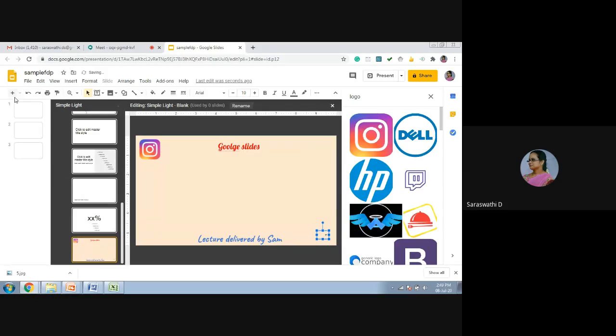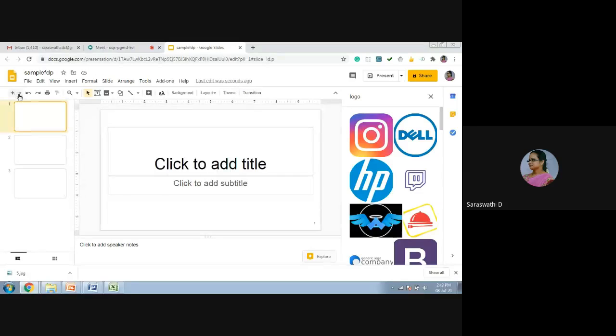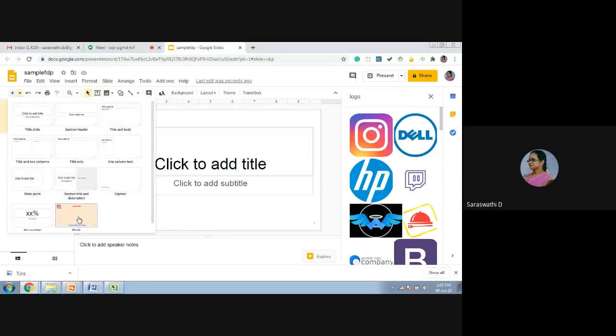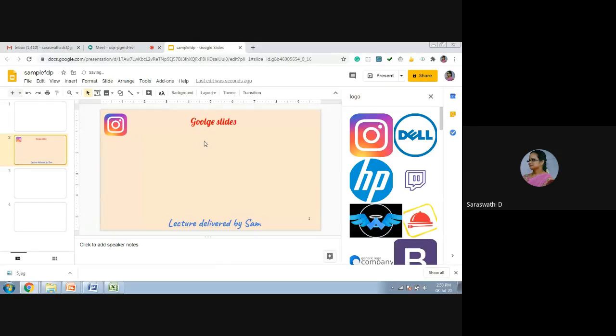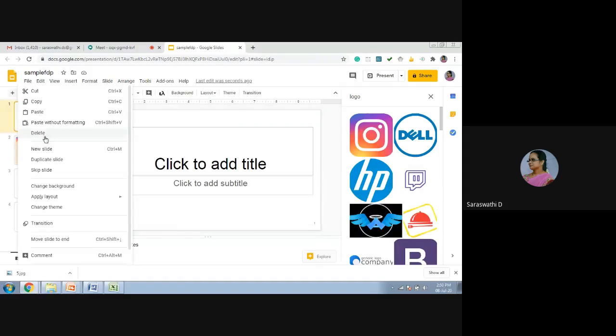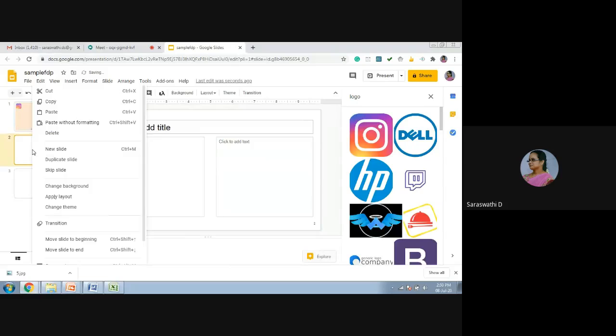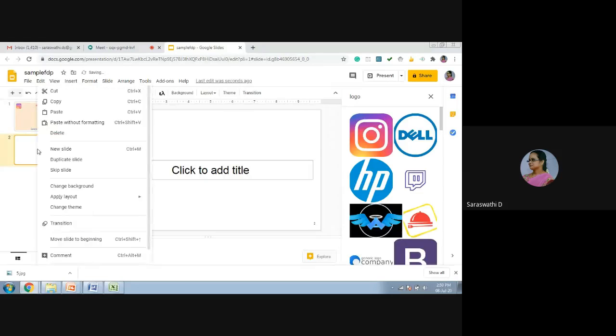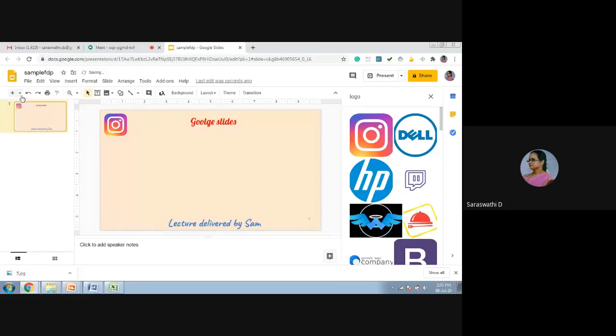Now this is your page now. Now you can see the masters. Now go to the layout. This layout you can select your master slide. See, this is your master slide. See, this is your logo and Google Slides. This is your title, and this is a footnote, and here you have the page number. So this is the base for all the slides. Just delete the slides. So like this, you can include any number of slides.